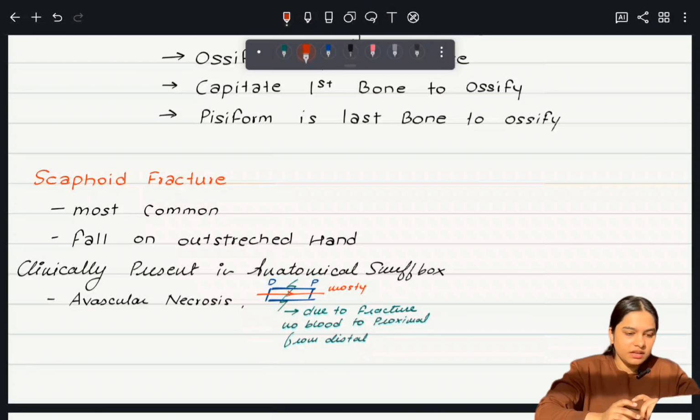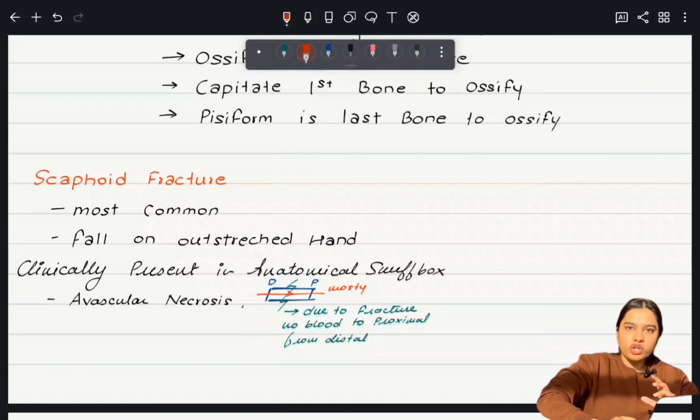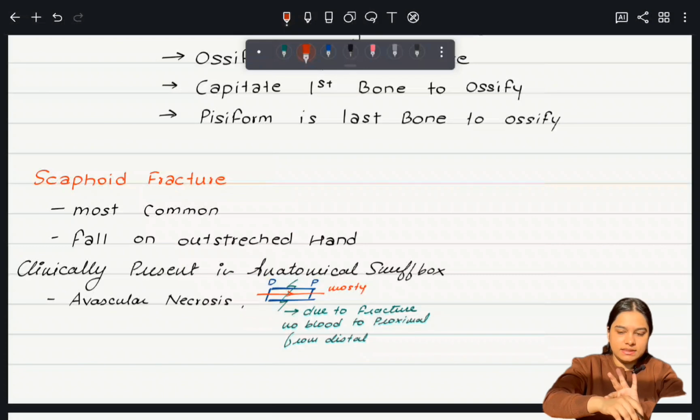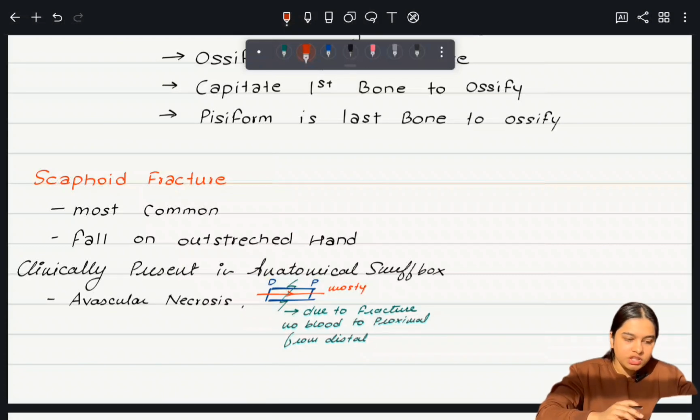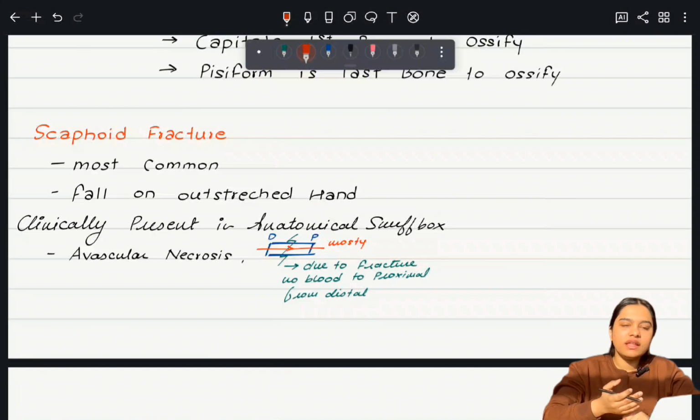it is present there clinically. So scaphoid fracture is the most common fracture of the carpal bones. It occurs when you fall on your outstretched hand and this area gets damaged. So what can happen due to this is, first of all, you have a fracture and the second is